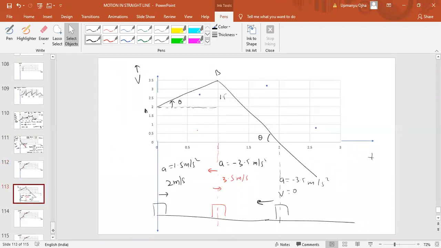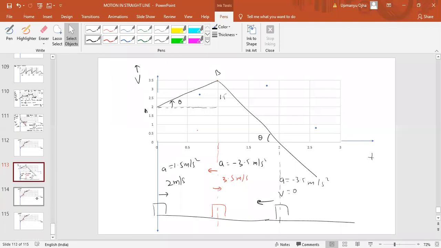No, no, it is not enough. You have to practice more. You have to practice the graphical questions more. Then only you can get the answer properly. Okay. Last question I will again repeat.